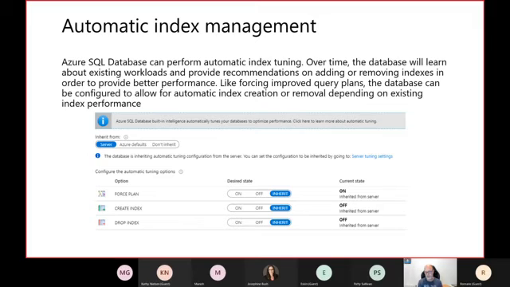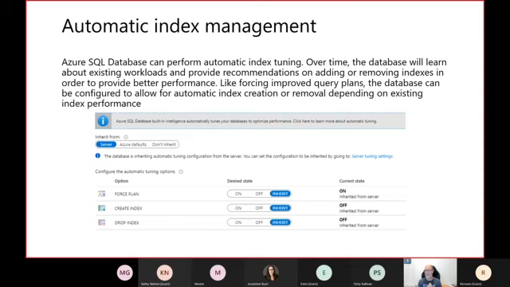So if SQL Server detects that in the code running against the database, there is an index that could be created to improve the performance for this particular session, report, stored procedure, etc., it will create an index on the fly, right?